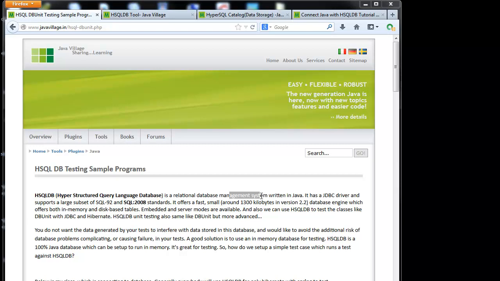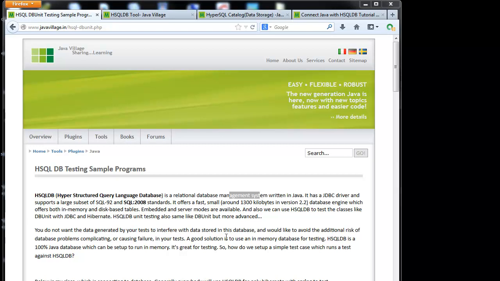Using those connection details, we will connect to the HSQL DB tool and perform the testing on our Java classes. So this is the main concept of HSQL DB. Here we have different memory systems: in-memory and disk-based tables. So basically we can use HSQL DB for database testing.